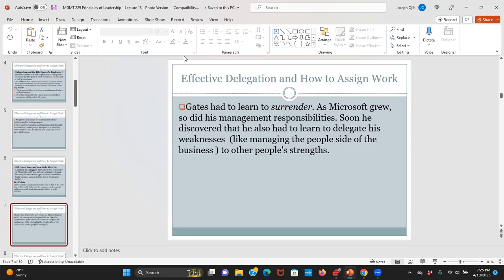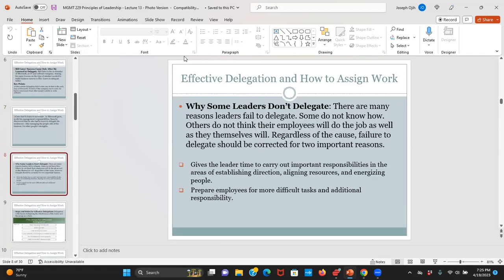No questions. Okay, good. Since you don't ask me, I will ask: why do some leaders not delegate? There are many reasons. Some do not know how to delegate. Many of them are used to being in control of every aspect. That might work in a private home, but even there it will not really work, because people still need that freedom.